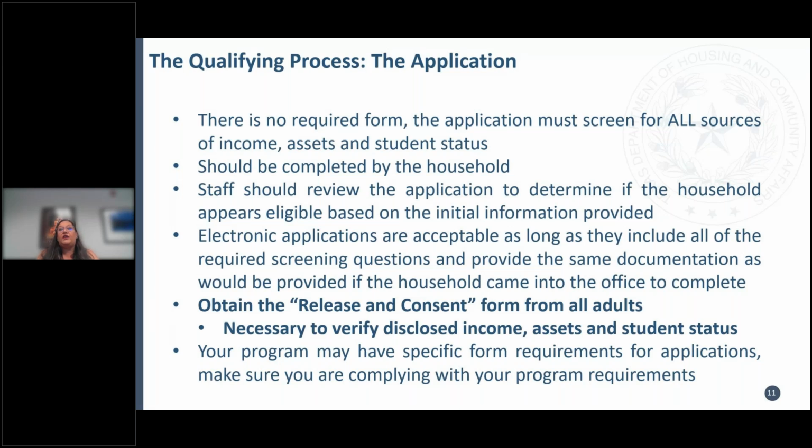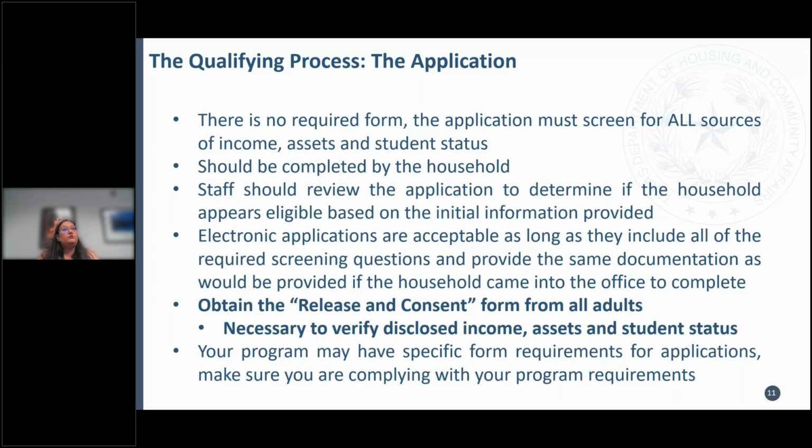provided. If they tell you that as a single person household they have an income of $82,000 and you know your single household member limit is not that high, then you probably want to say to them, if this is genuinely your income, you are probably not eligible for our community. And if you have market units, maybe you should offer that to them.